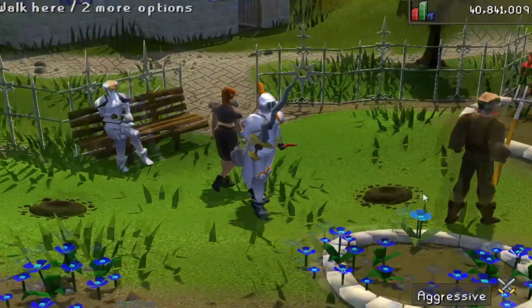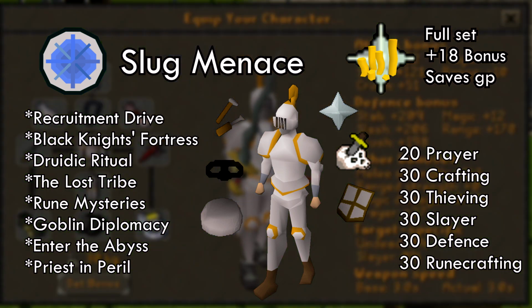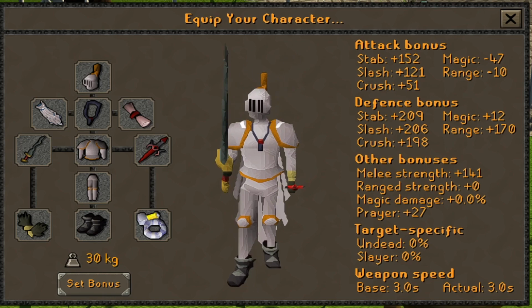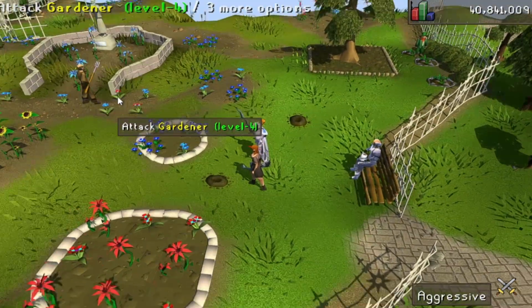And you have to complete the Slug Menace quest, and there's a few other requirements that come with that, but you need 20 prayer and 30 defense to equip the set, and the rest of the stats are required for the quest. But basically, it's really useful for Slayer. It will save you loads of money on prayer potions, and it's good to get it nice and early, so